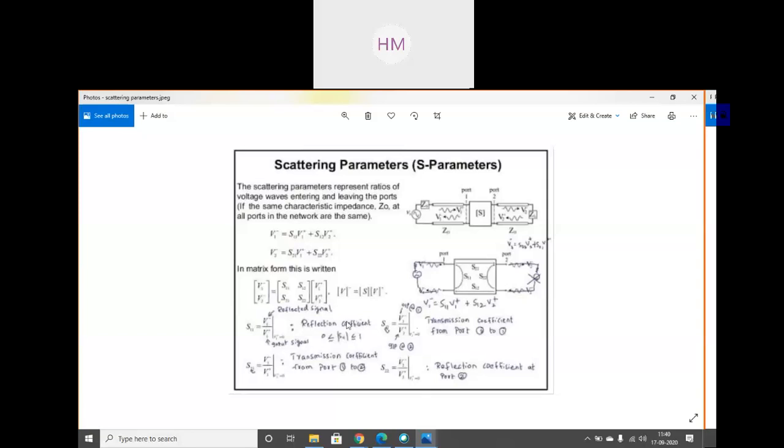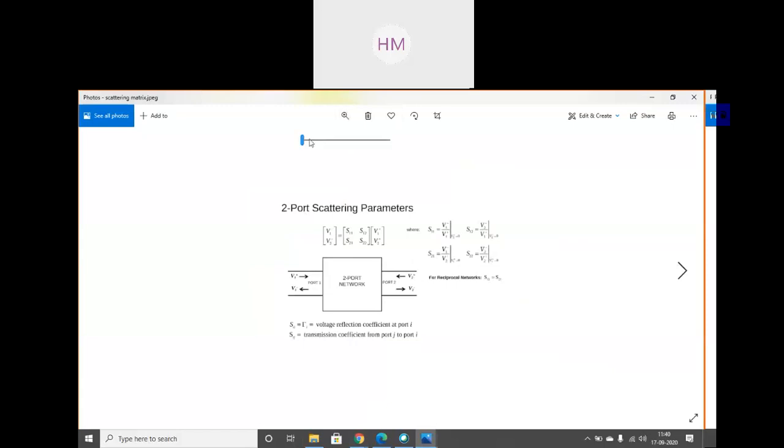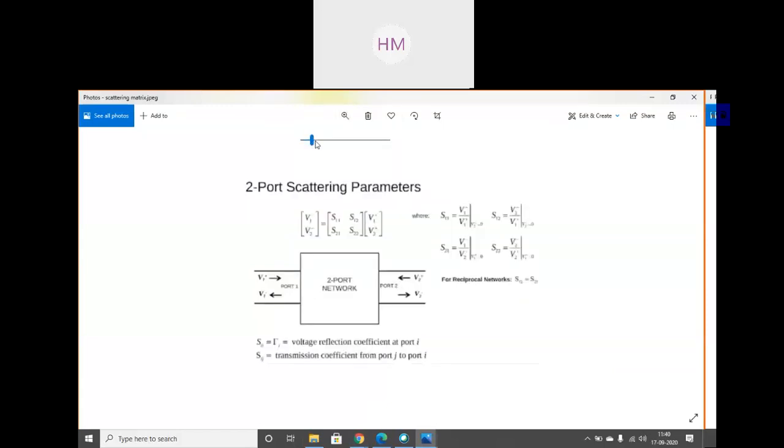S12 is the transmission coefficient from port 2 to port 1, and all others are reflection coefficients. So you can write this in your copy: S11 is V1 upon V1 dash, S12 is V2 dash upon V1 dash, S21 and S22, the scattering parameters.